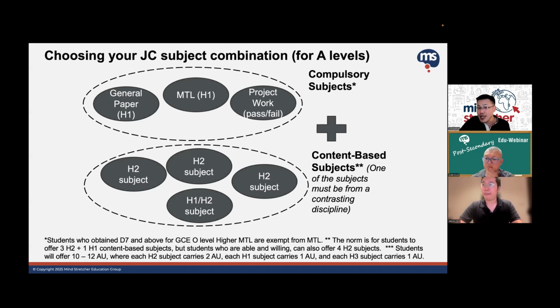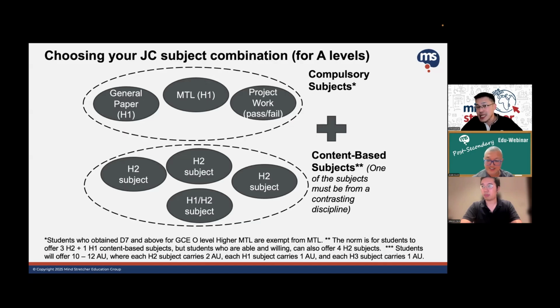You study fewer topics. Number two, even the exam requirement is lesser. So for example, again using the same subject, students doing H2 econs have to write essays and they also have to do case studies. But students in H1 only need to do the case study component. There's no extra essays for them to write. So again, the exam component is also reduced. So generally, the H1, because of that, in terms of the amount of time that's dedicated, is actually less. And then you may wonder, what is this H3? H3 is something that, in the long past, the equivalent of it during my time and during your parents' time, would be what we call special papers.